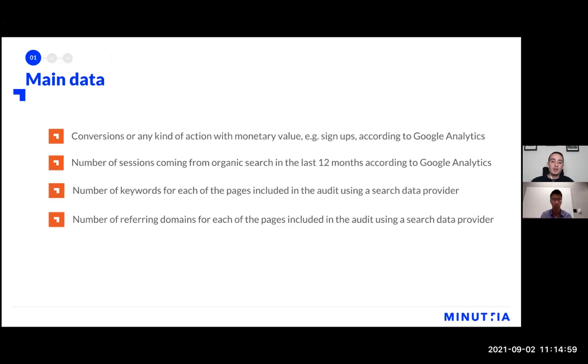Okay, now main data. What are the main data that we are using? We have 4 data points here: conversions or any kind of action with monetary value, such as signups according to Google Analytics, or any other action with monetary value that is important to you and your business based on your business model. Then we are taking into account the number of sessions coming from organic search in the last 12 months according to Google Analytics,